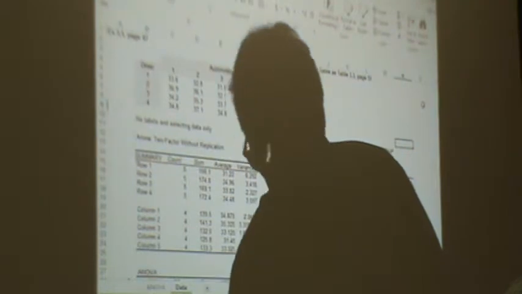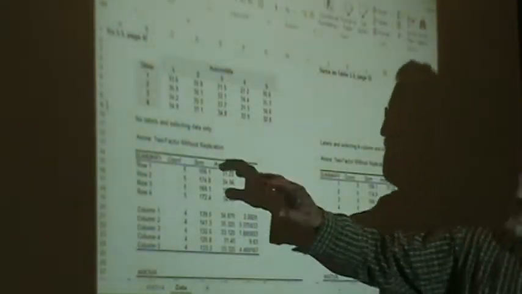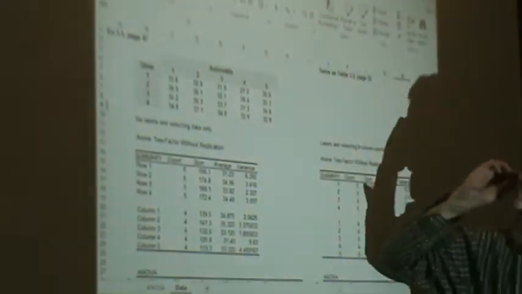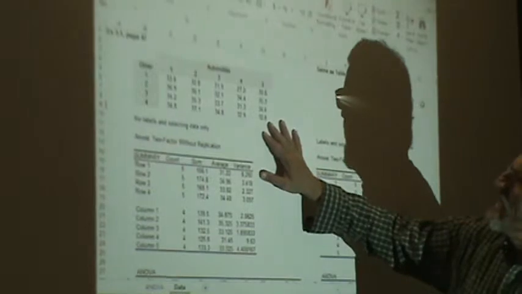So example 3.1 is the driver and the car thing, just what we've been talking about the whole class. We've got 4 drivers and 5 cars, and we were looking at the gas mileage. The real question we wanted to answer was, did the cars matter with gas mileage, not the driver? But because of circumstances, we can't let one driver drive everything. And so, let's see, looking at it, you think,